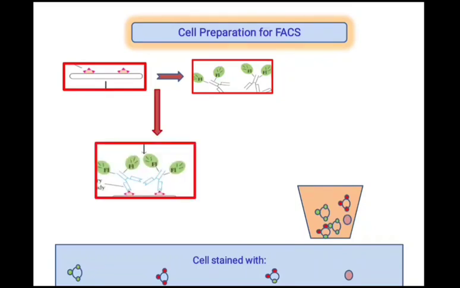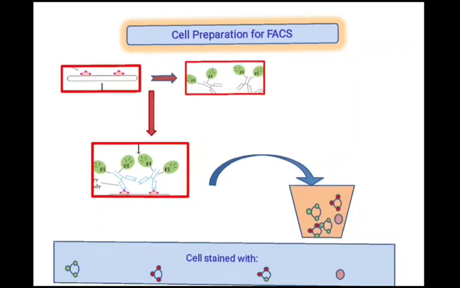So, this is a procedure where we are tagging cell surface antigen with fluorescently tagged antibody molecule, and in this way we are preparing our sample for fluorescent activated cell sorting. This sample can help us in detection of specific antigens present on the cell surface and specific antigen density present on the cell surface. From the fluorescent intensity obtained, we can study the antigen density.